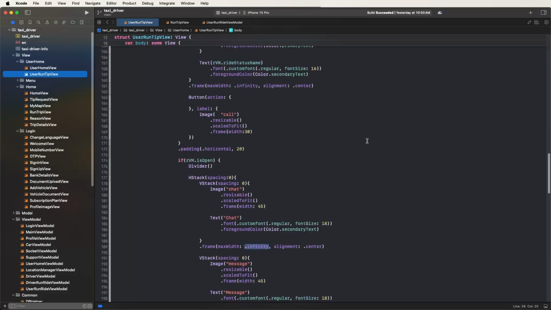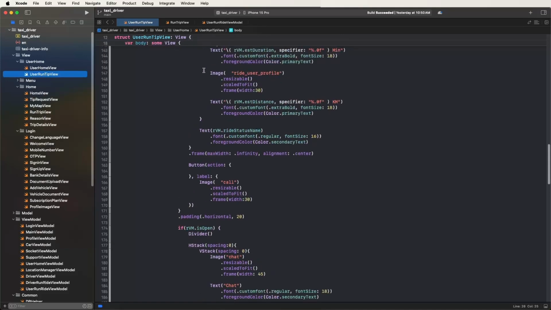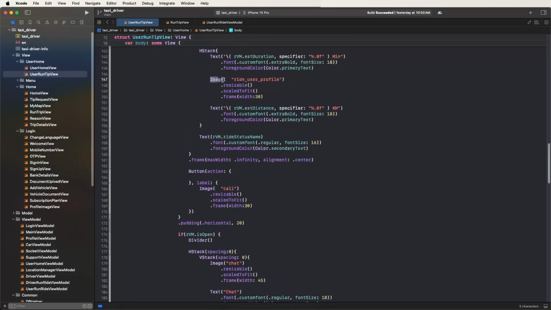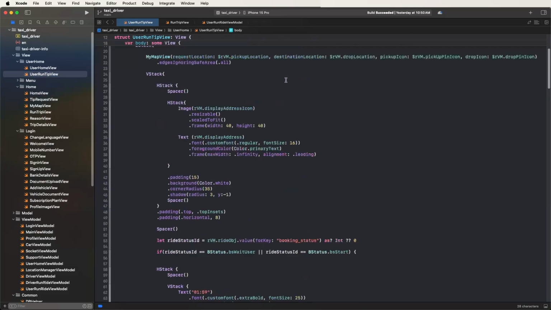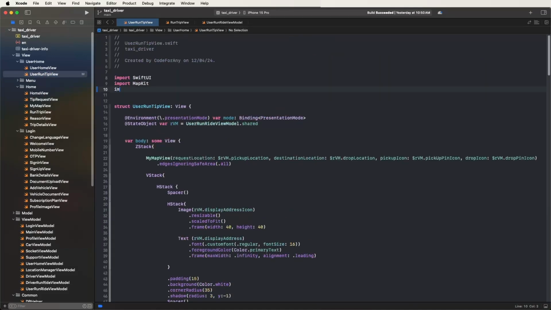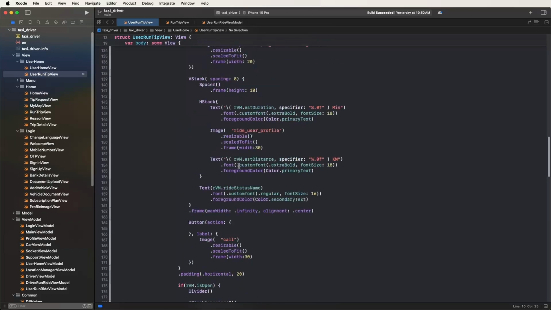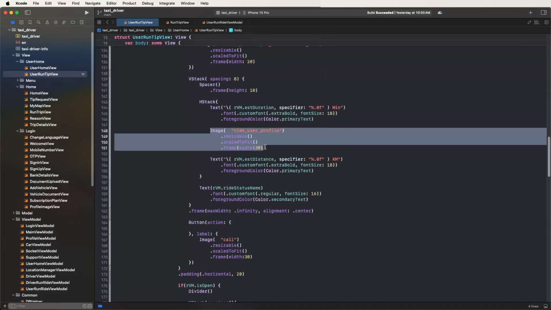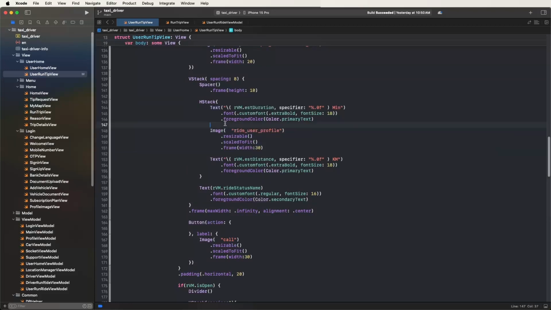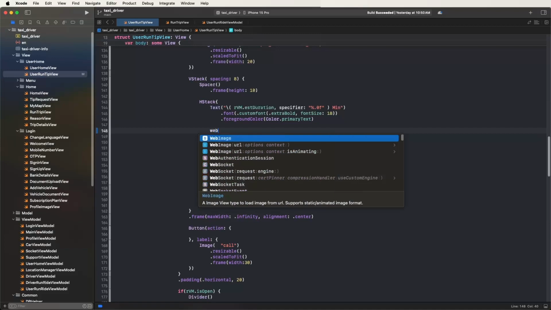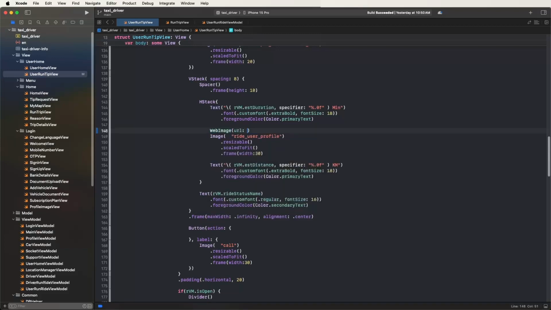First of all, we need to set the image for the profile. First of all, we need to import SDWebImageSwiftUI. Select the library, scroll down, and find the static image. We need to change the static image to a dynamic image. Now we need to write down the web image URL and give the URL